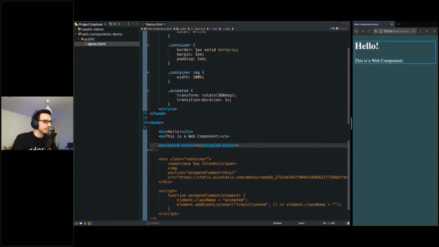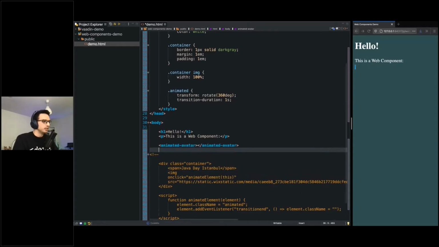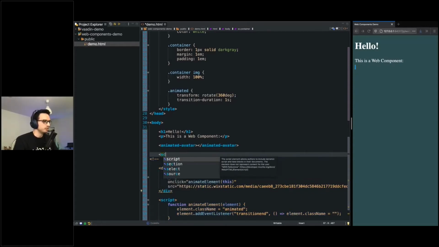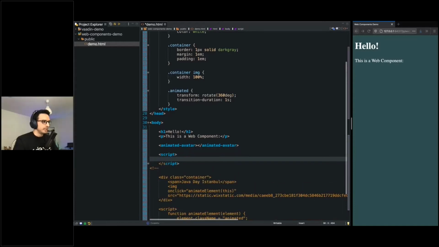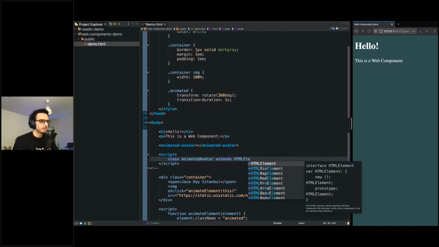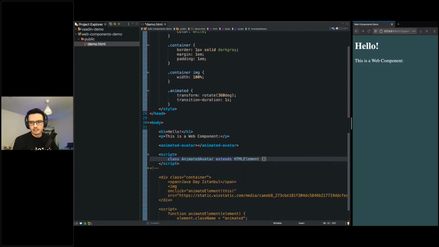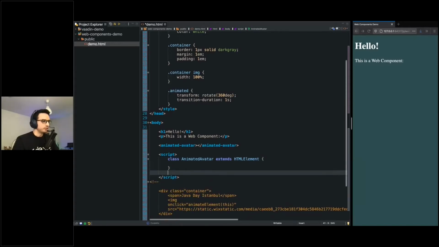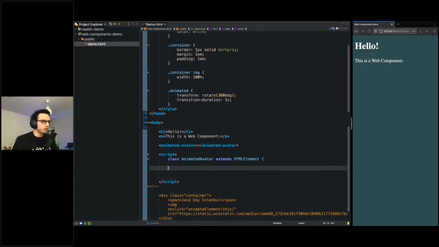So how can we make this happen? This is what's called a custom HTML element. So we need a script again. And we need two things. The first thing is to create a class, for example, called AnimatedAvatar, or whatever name you want, that extends HTMLElement. And the second thing we need to do comes from